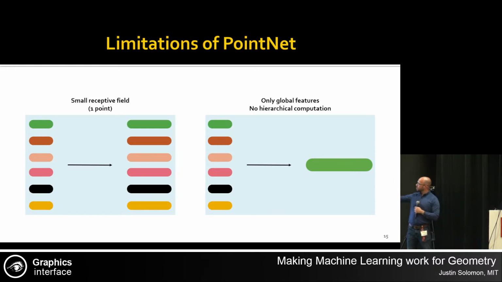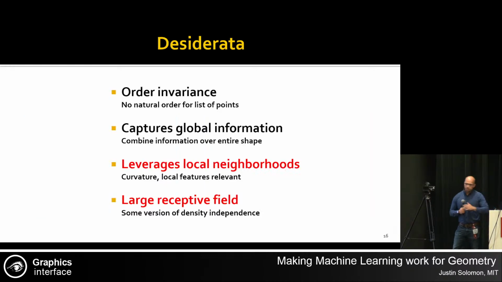There's an extremely small receptive field, which is sort of the buzzword of machine learning for which points talk to which other points, in the sense that in the first layer, nothing talks to anything else, and in the second layer, I summarize all my features in one shot. It's extremely efficient, but it's a bit tricky to work with. So my student Yue set out to take this PointNet architecture and extend it in a way that looked a bit more nuanced when it comes to understanding geometry. And in particular, there were a few considerations that we wanted to think about.